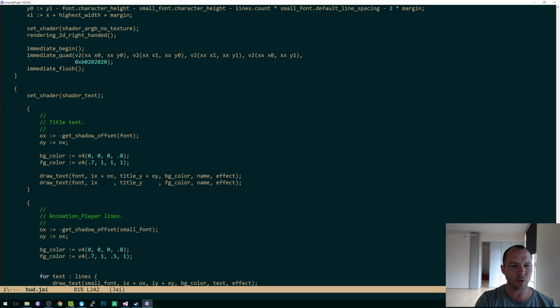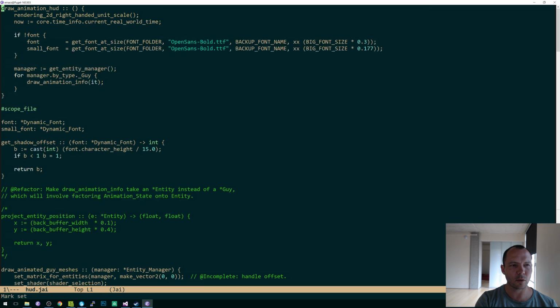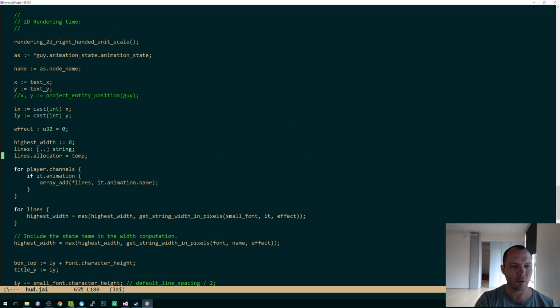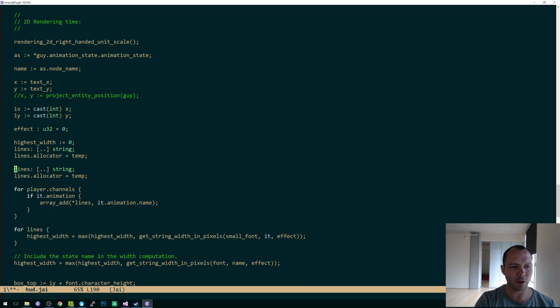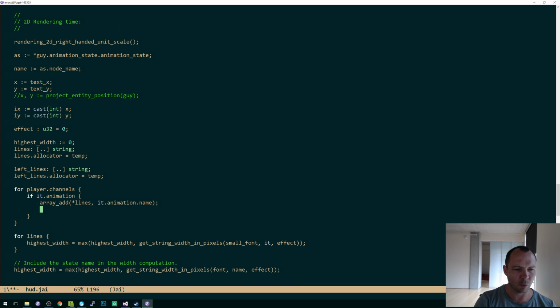So this is a little bit interesting. We have this thing called lines. I'm going to make another thing called left lines because they extend to the left, so we're going to want to take the widths of them separately, or maybe that box is a fixed width. I don't know, man. So for player channel, if it dot animation, array add to left lines,